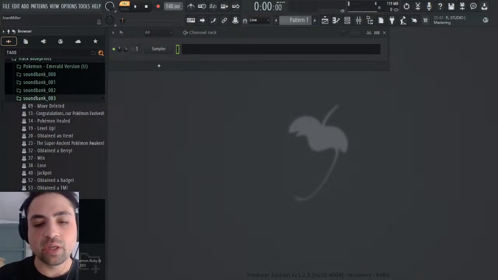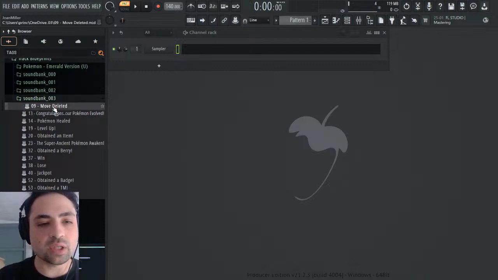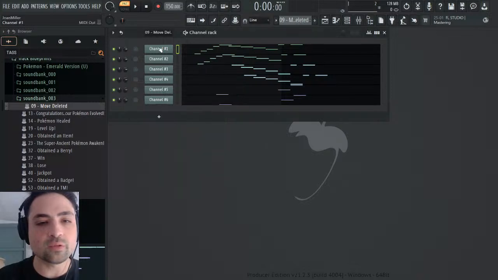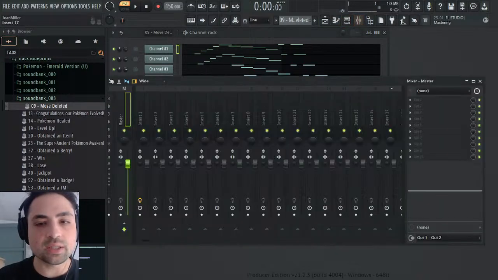These are all the little tiny snippets of music that play throughout the game. And we're gonna do all the jingles all at once, so it shouldn't take too long, we'll see. This will be different. So let's drag in our first one. This is the move deleted jingle, when you go to the move deleter's house and delete your Pokemon's move. And let's go